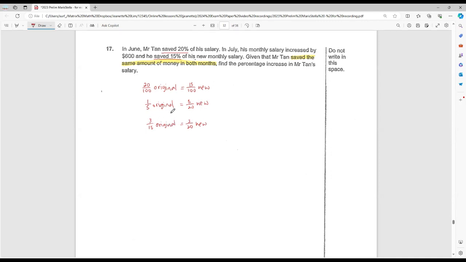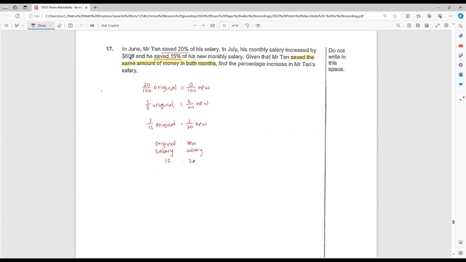So once you make that comparison the same, right? Then what we can tell is that the original salary is actually 15 units. Original salary, not original savings, original salary to the new salary. Let me write this again. So 15 to 20. Don't simplify here. I'm just going to use 15 and 20 because we may need to use the 3 units. We're not sure, right? So in some questions we use that, some questions we may not. But once you have 15 and 20, because that's the denominator, we don't simplify here yet. Okay. So 15, 20,